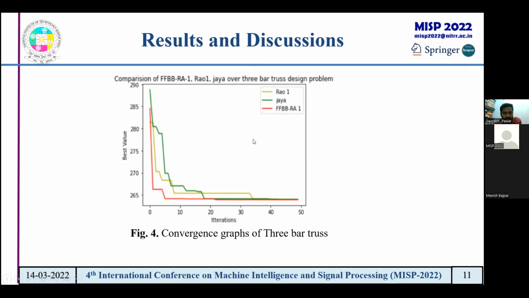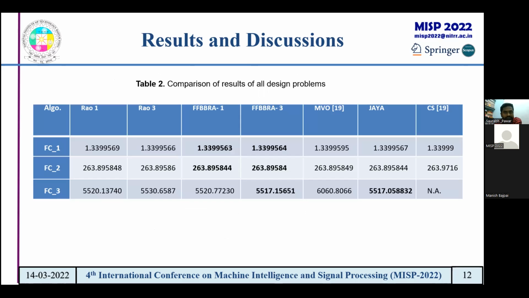The algorithms compared are FABB array, the proposed algorithm, Jaya, and Rao algorithm. Convergence is much earlier than with the earlier approaches. So this is the improvement in the results from the proposed methodology. Toward the comparison of results, not only the 3-bar truss problem but also the pressure vessel design problem and the cantilever beam problem were tested. These are some of the codes used in the paper.